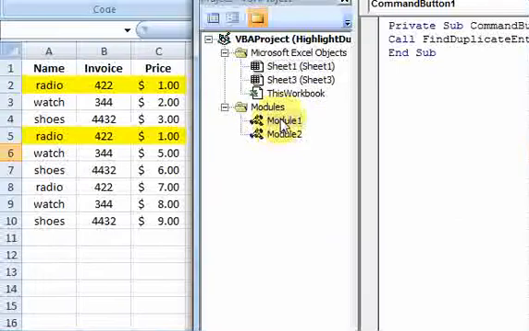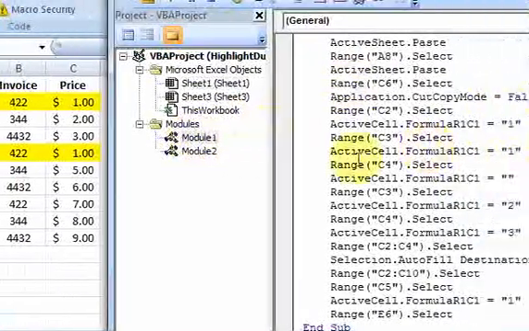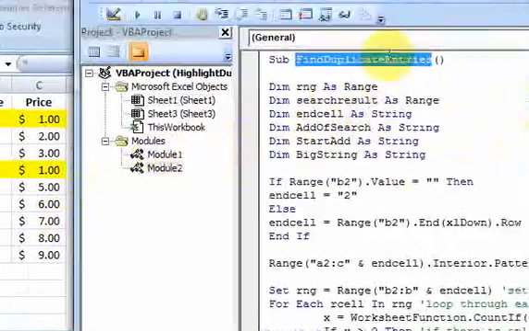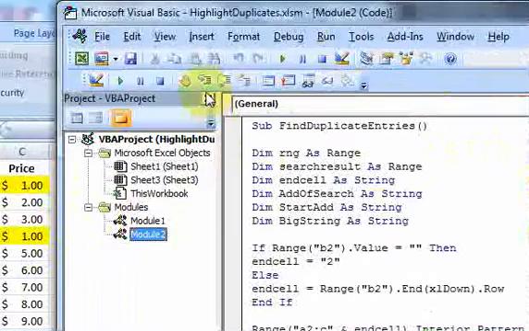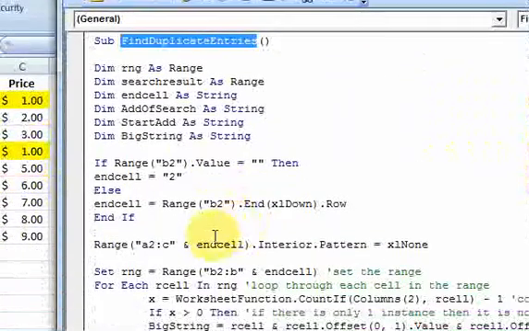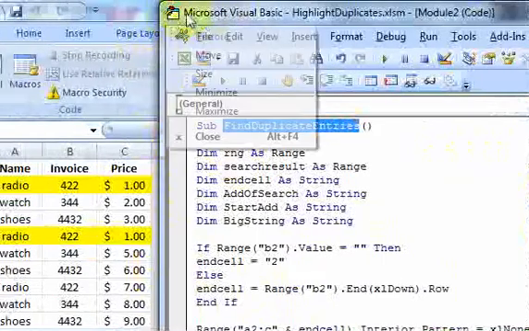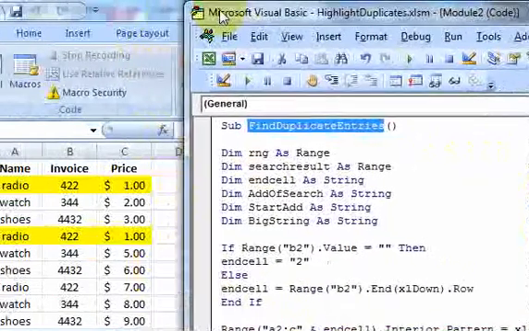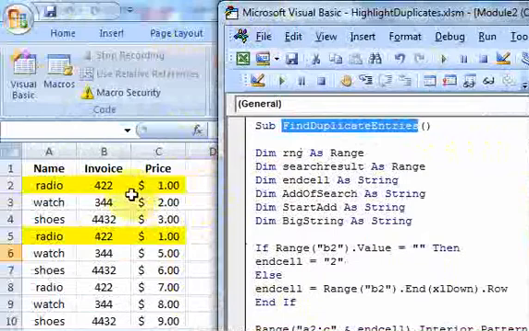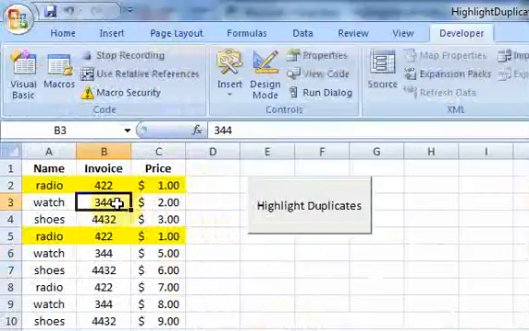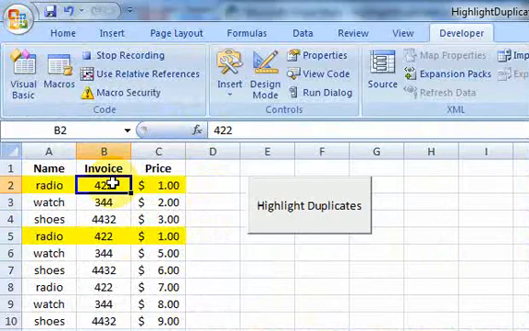So I go to my module here. It's in module 2, and what do I have going on here? What we want to do initially in the code is... actually, let me explain it on the worksheet first. What we're going to do is declare a range that is going